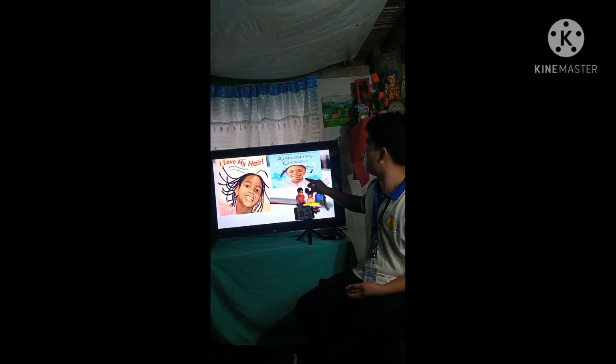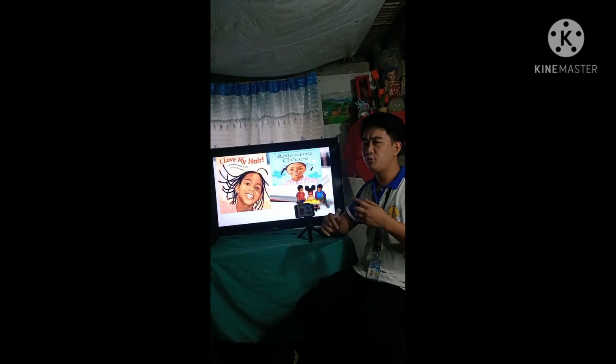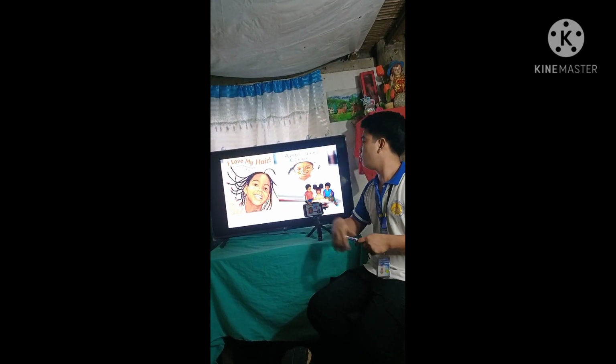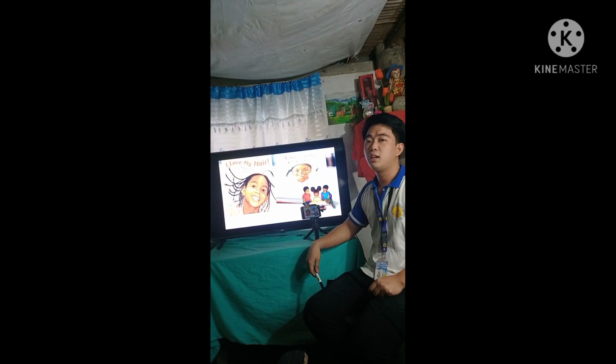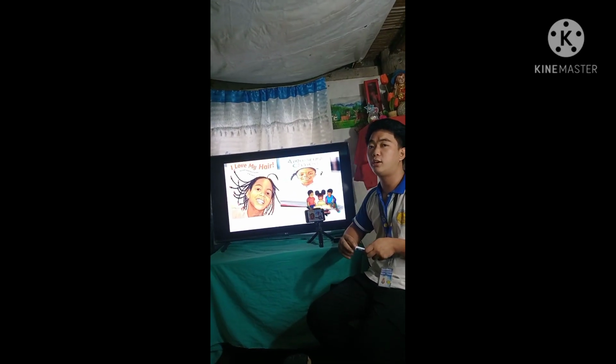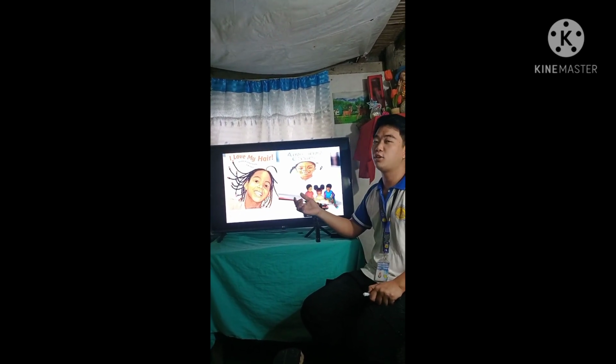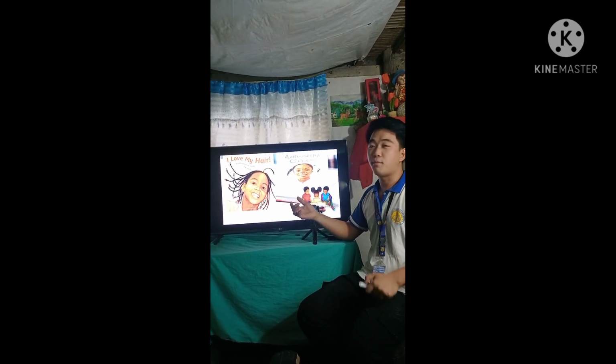Nakikita nyo naman sa pictures, no? I Love My Hair. It's talk about yung bata kasi na nandito, yung mga character na nandito is a real story. Kumbaga, nadaanan nila yung mga bully or racism. Pinagtatawanan sila ng mga puti or sabihin na natin yung mga mapuputing tao.